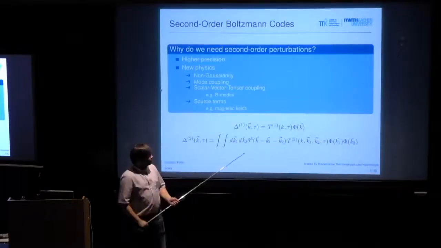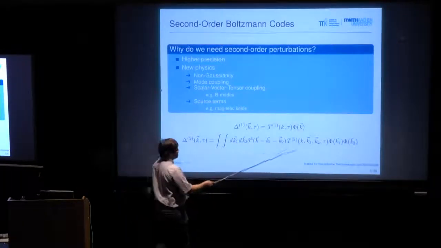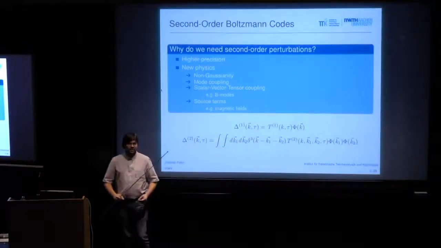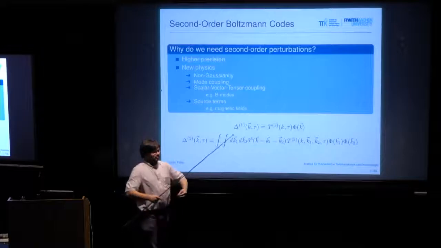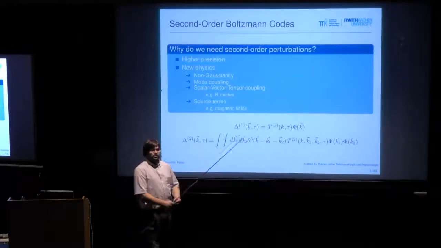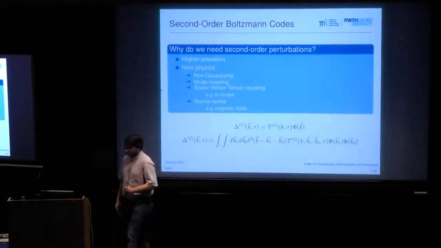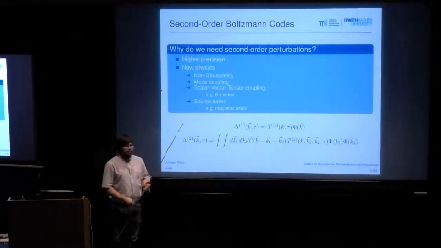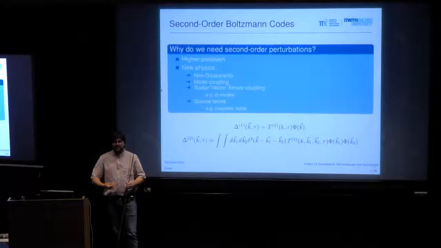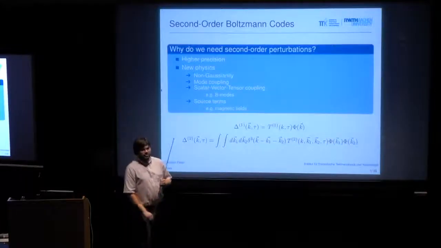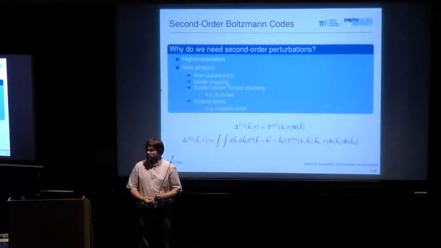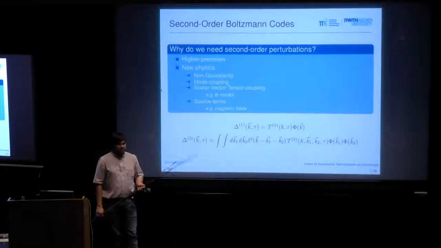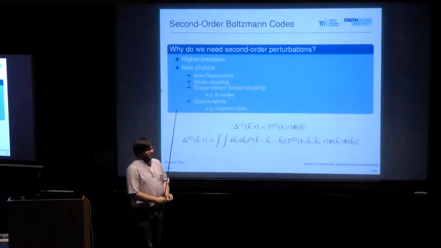And this means that when we solve these equations, even if we have zero initial conditions in the second order system, because we have first order perturbations, they will source the second order evolution and you will get second order perturbations. And why is this interesting? This is interesting, for example, for terms that at first order do not have any sources. So for example, at first order, we can write down evolution equations for magnetic fields. And the evolution equation for a magnetic field is relatively boring, because the only thing that happens to a magnetic